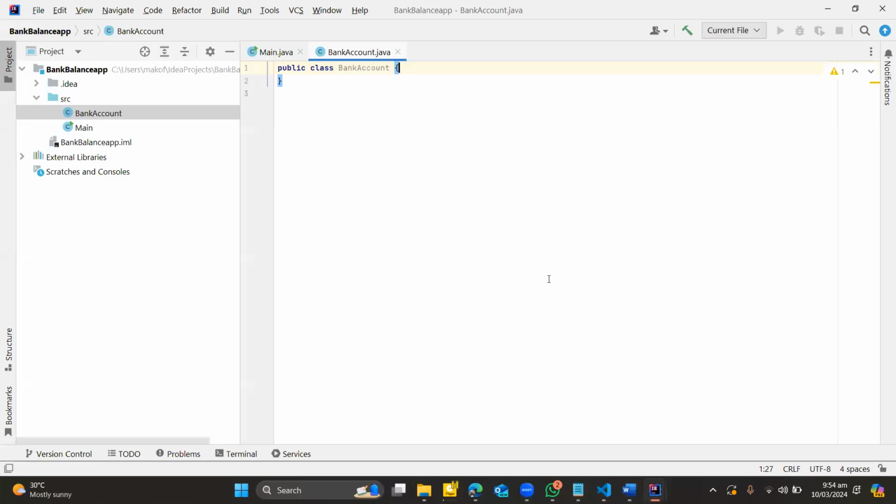So over here, again, in my app, I should put in here the attributes of an individual who has a bank account. So the attributes consist of the account number, which is going to be integer,